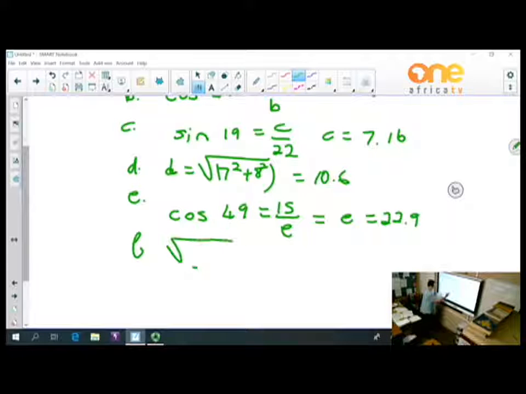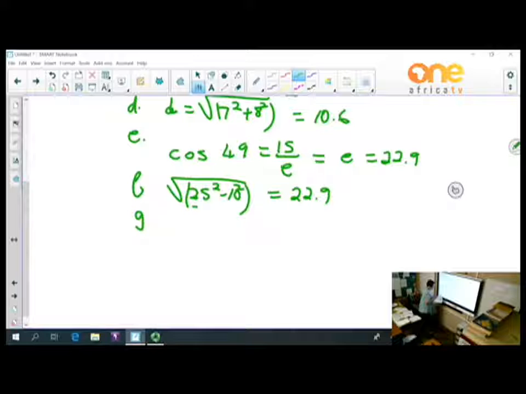Number F. There it's again Pythagoras, so it will be 25 squared minus 10 squared, which is equal to 22.9. Number G. Again, it's Pythagoras. So 7 squared minus 6 squared. We've been looking at that now. By now, this should be very easy for you. 7 squared minus 6 squared is equal to